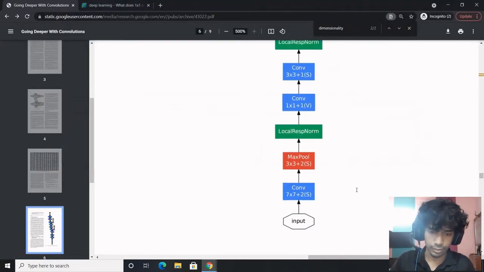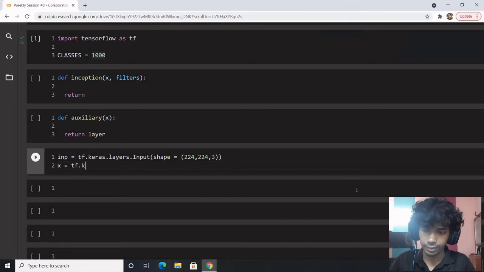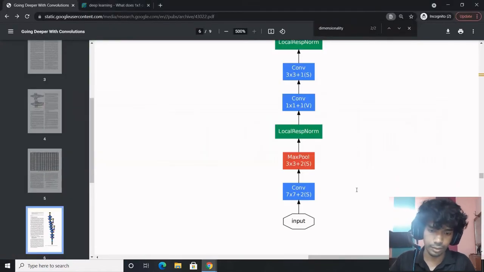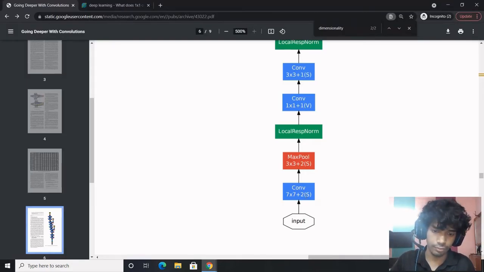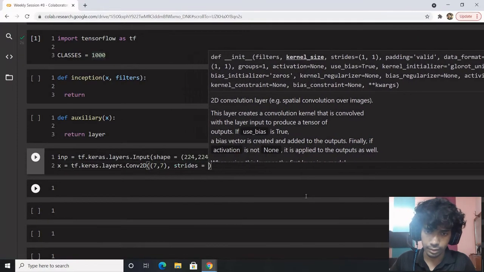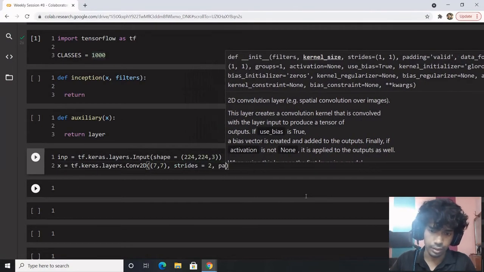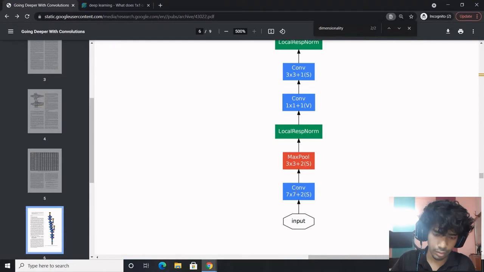I hope you are able to see. x equals tf.keras.layers.Conv2D, and 7 cross 7 is not the filters, it is the kernel size, then strides of 2, padding equals same.